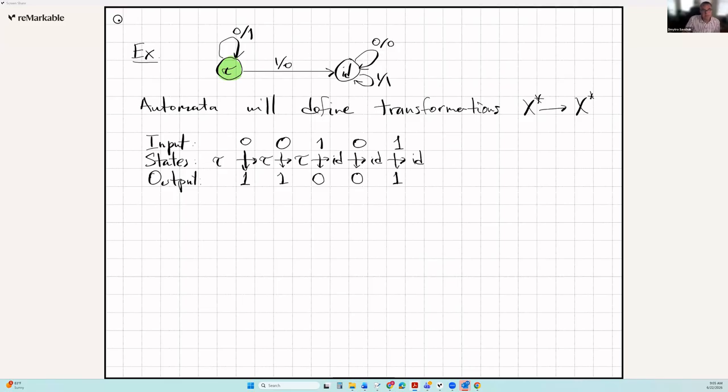So if you fix the initial state, and let's say that this is an automaton A, then the automaton with initial state is called initial automaton, let's say tau. And then we're going to say that A tau will act on 0, 0, 1, 0, 1 as 1, 1, 0, 0, 1. So that's how automata transform input words into the output words. That's the idea. Now with this idea, by the way, any questions so far? Okay, so I hope that everything is clear so far.